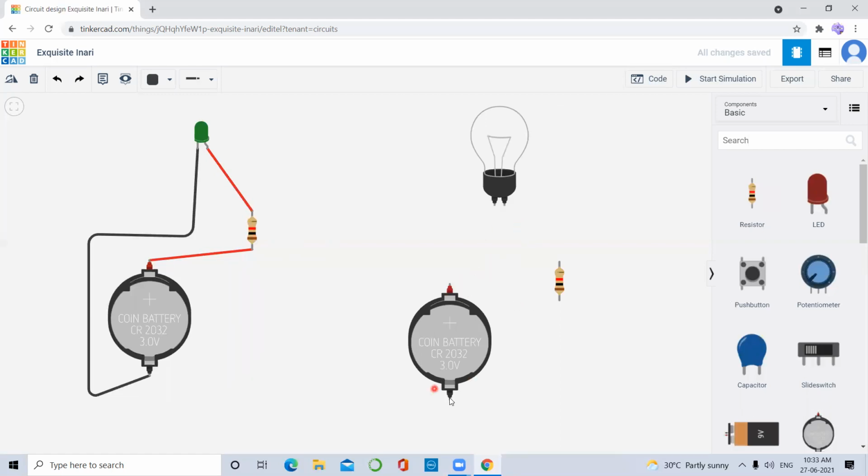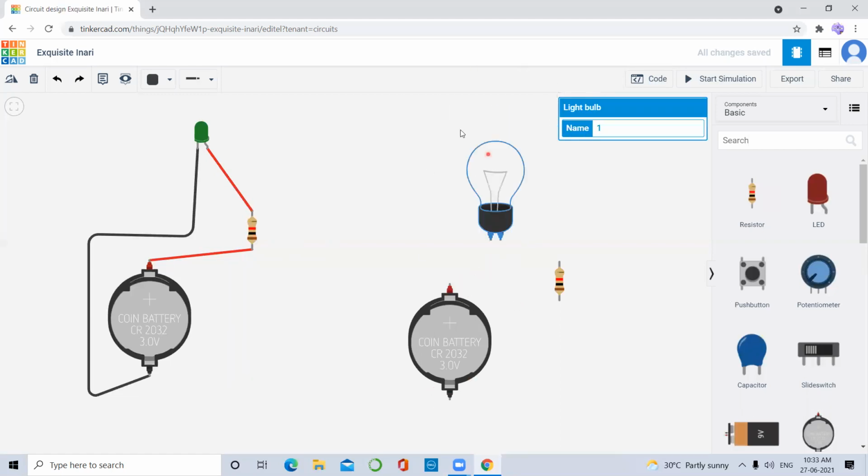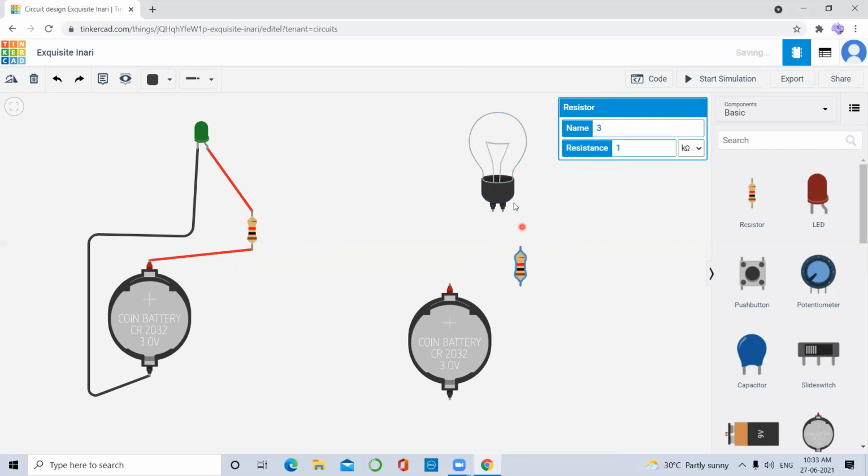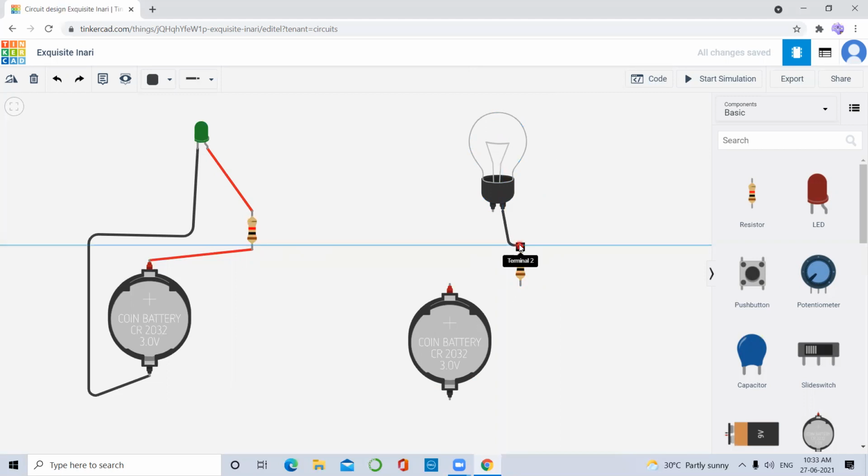Okay, same here, positive, negative. But in the bulb, we don't have any positive or negative. We can connect anything to anything and it would work, right? So here you can connect directly also, but in reality, you won't. In reality, it will show you an error. It won't work. Your result would be wrong.